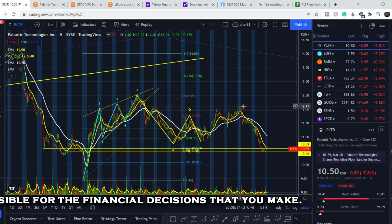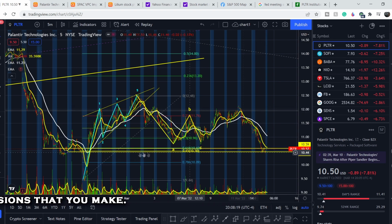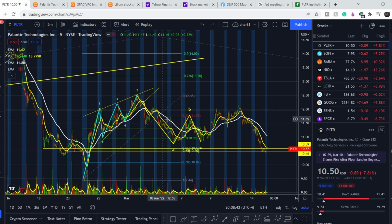But unfortunately we had the rollover and we hit the golden pocket, and I marked these two lines as the ranges of support. It is the confluence with the Fibonacci retracement levels of 0.65 and 0.618, and these levels were made by pulling the Fibonacci retracement tool from this bottom to this top, and I identified this structure as a leading first wave diagonal. So we still have a decent chance to have this point as our lowest point so far for the retracement